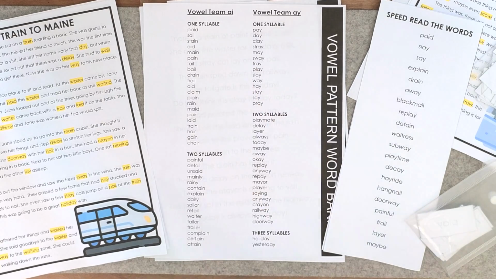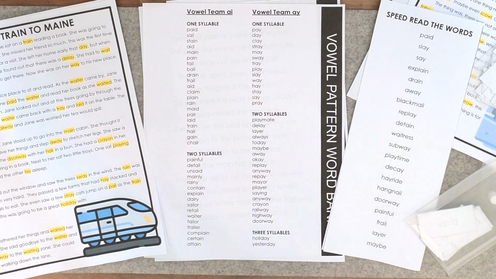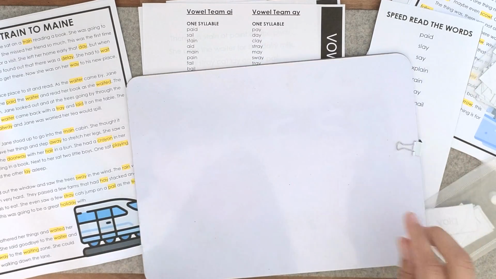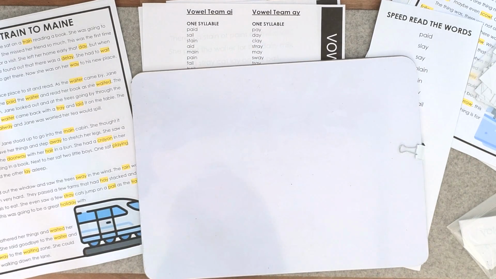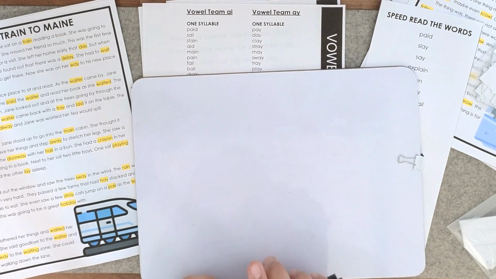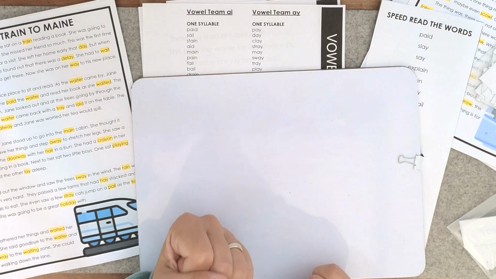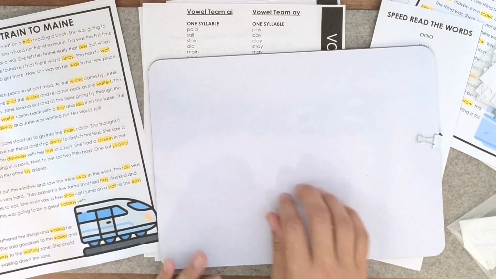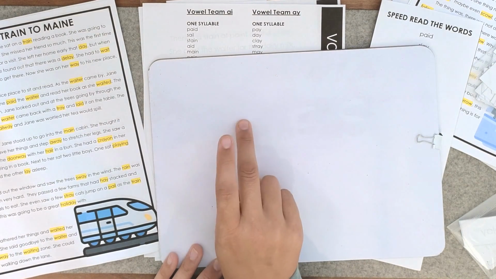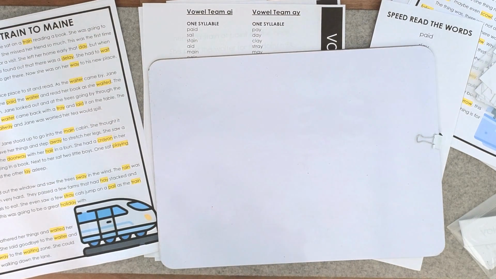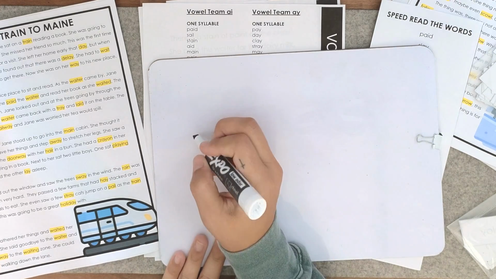So if I was working with students, I would have this paper to myself, and then I would tell them to take out a whiteboard, and then I might have them listen for sounds. And I would say, all right, tell me, how many sounds do you hear in the following word? Paid, paid. Segment those sounds. P, A, D. How many sounds? 3 sounds. All right, I want you to tap it out. Ready? P, A, D. Now I want you to write it. And in this case, you would write P,